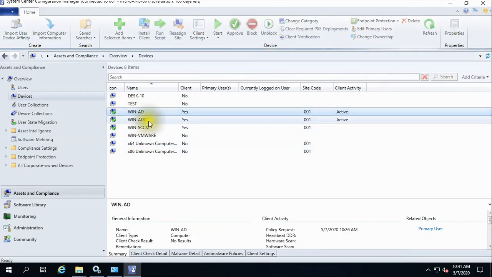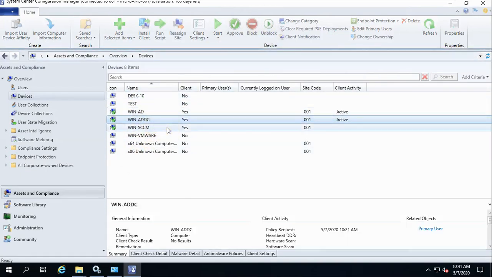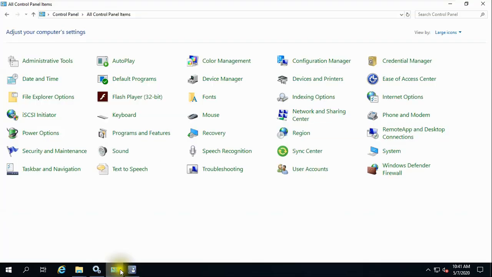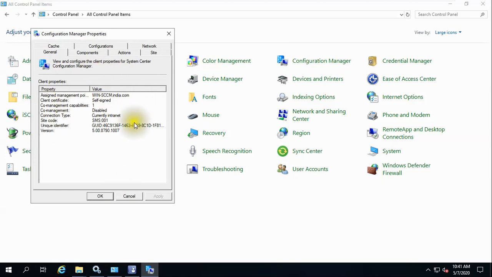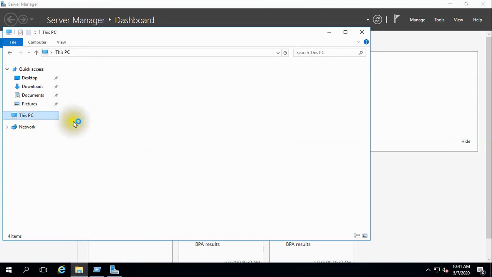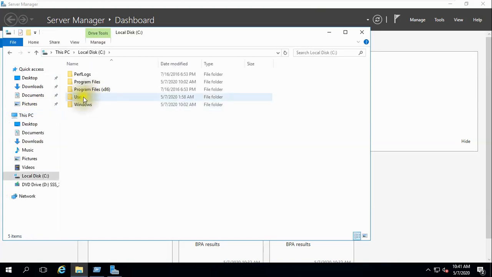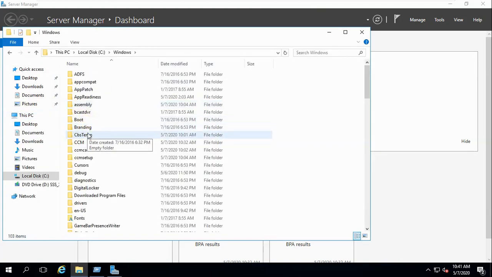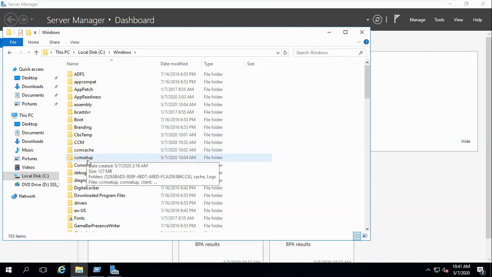On the Active Directory, additional domain controller, and SCCM machines, you can check Configuration Manager in the control panel. The same thing will be seen here also. On the additional domain controller, go to the C drive, Windows, and you can see setup.